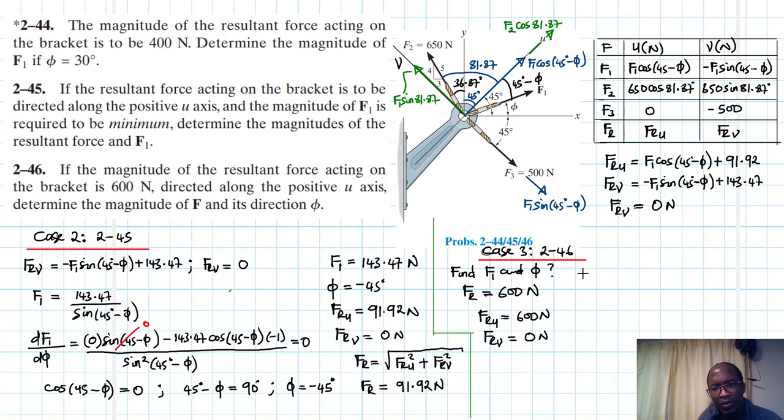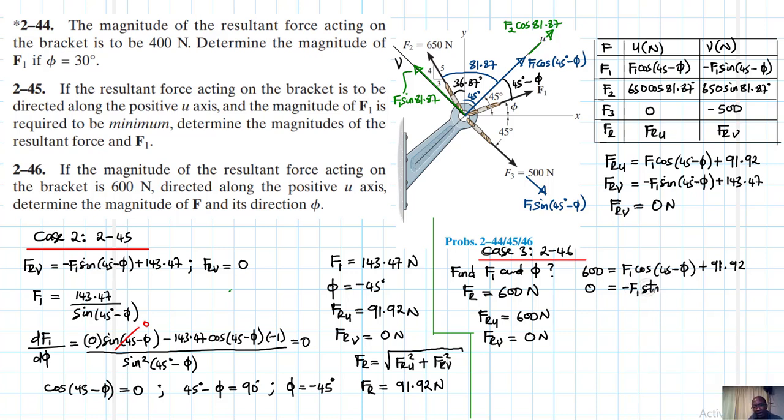We have FU, so we'll have an equation: 600 is equal to F1 cos(45 minus phi) plus 91.92, and then the other one is 0 is equal to minus F1 sine(45 minus phi) plus 143.47. So working this out, you can divide the two,